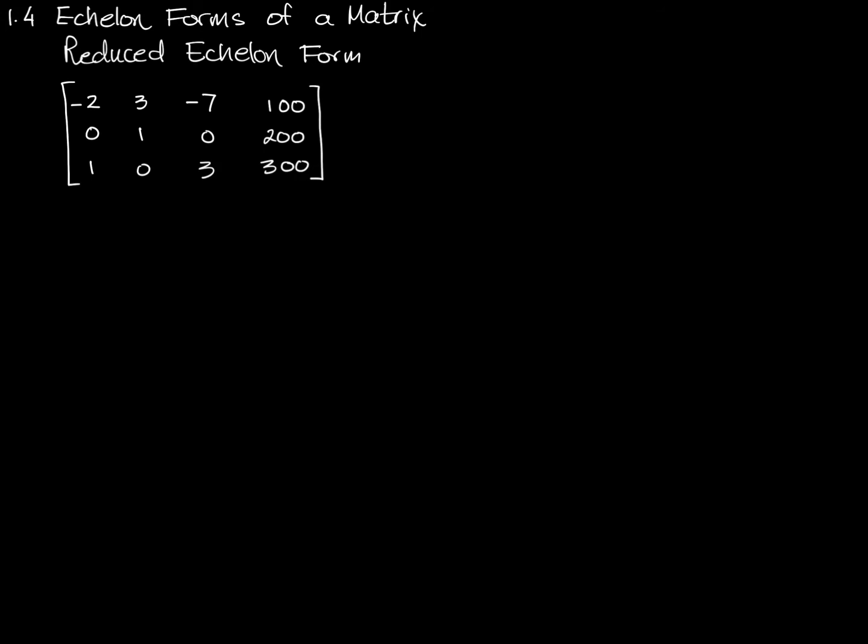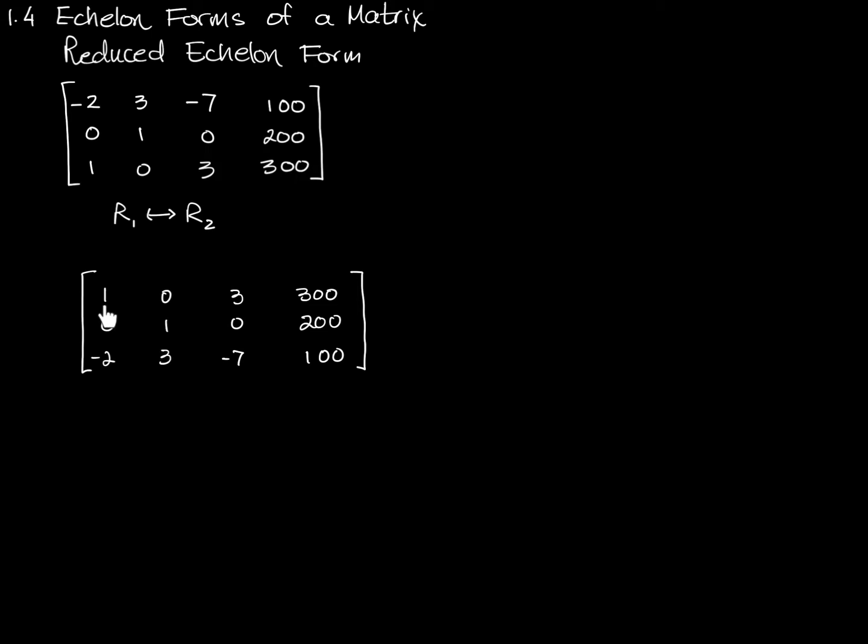So the first thing I'm going to do is reverse rows 1 and 2. And of course, I mean rows 1 and 3. I said rows 1 and 2, but I meant rows 1 and 3. So this row here becomes row 3 down here, and row 3 becomes row 1. Now, because I have a 1 in my first row, first column, that becomes my pivot,